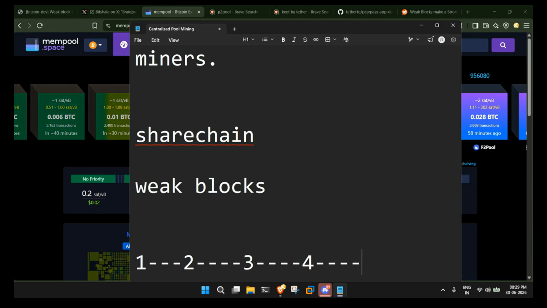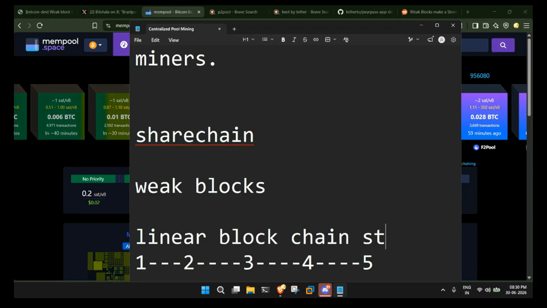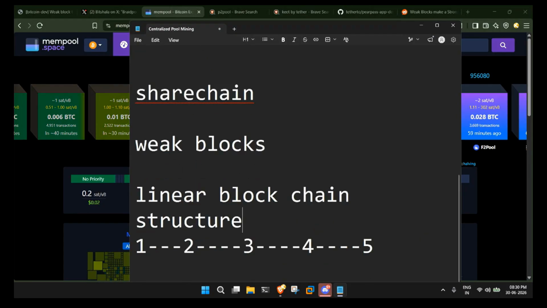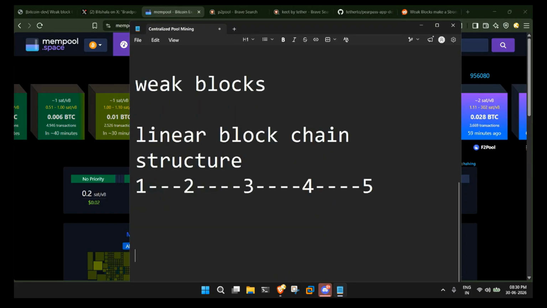It might happen that in this time there was one more guy who was able to mine a weak block, but because the other was able to broadcast it well using their custom node, that's why it is coming. So P2Pool was using a linear blockchain structure, which we have seen here. So there was the issue of stale blocks. That is the one thing,